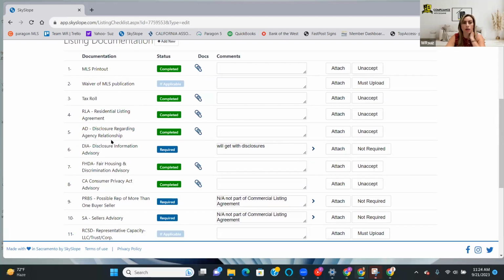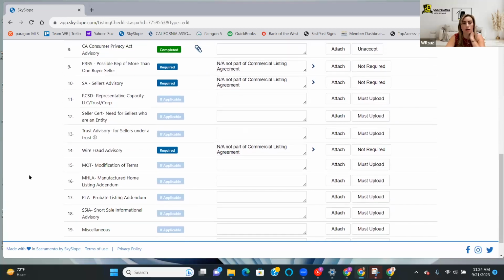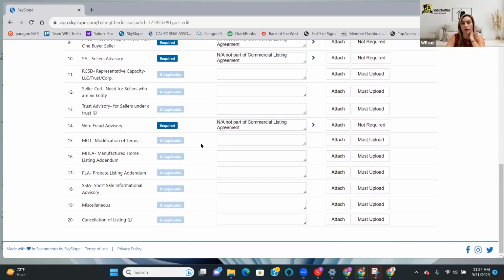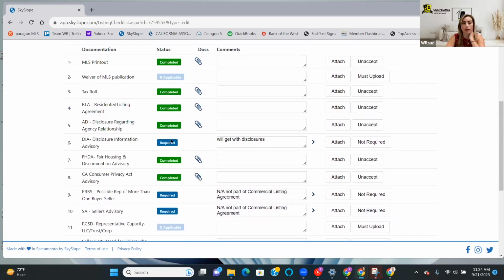And so here are all the things that are required for a listing. Not all of these things are definitely required. You can see there's a lot of, if applicable, things here, because not every listing has a modification of the original terms. This one is not a manufactured home, so we don't need that. It's not a probate, so we don't need that, and so forth. But we always need everything that is showing in dark blue as required to be uploaded,